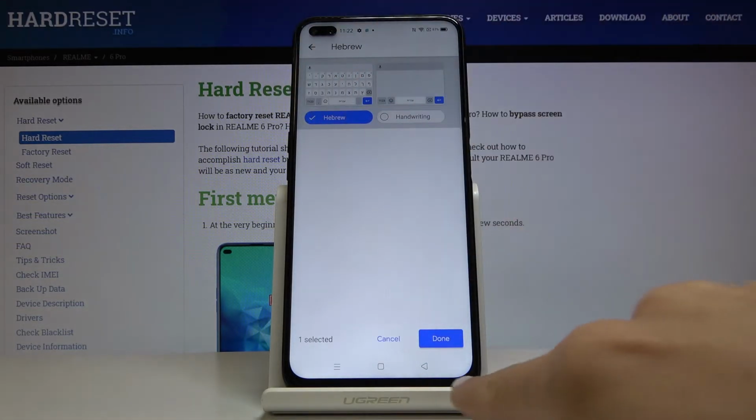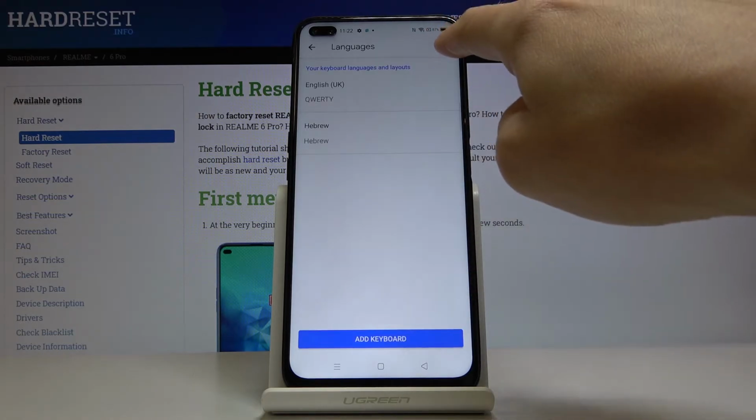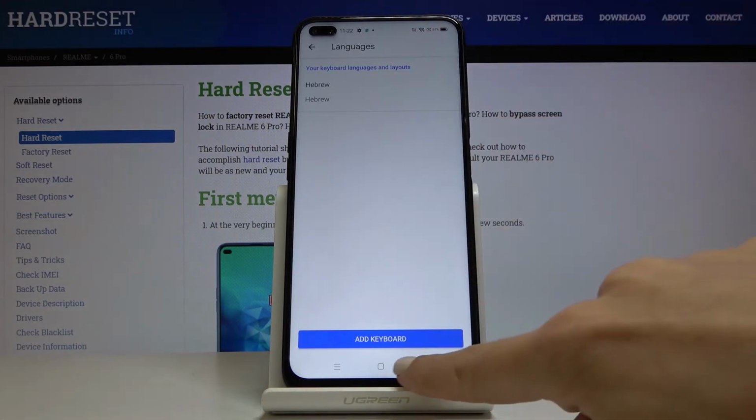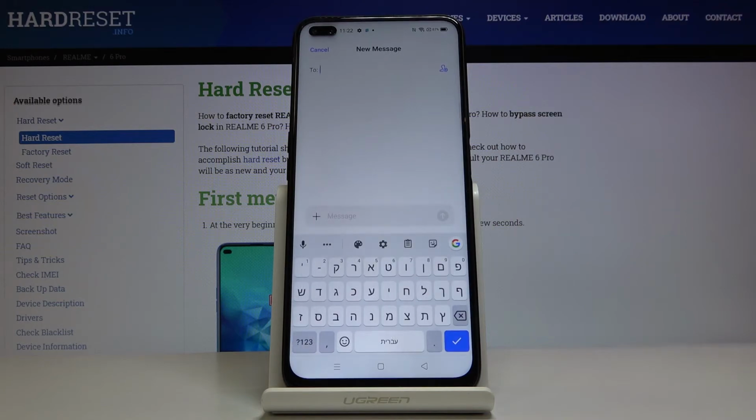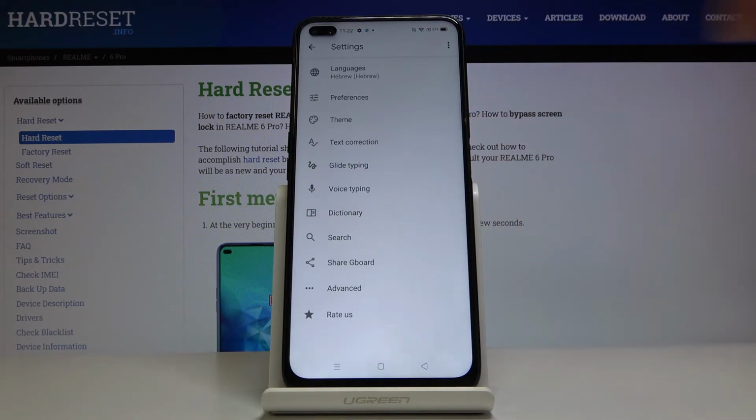It will be visible, the change, so just tap on done, remove the current language, go back, and as you can see, the language has been changed. This is it. Then whenever you would like to change it again, just click on the settings icon, tap on